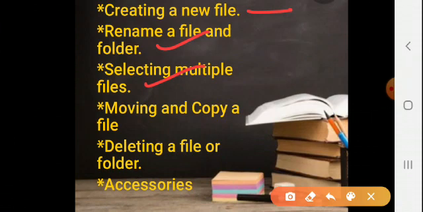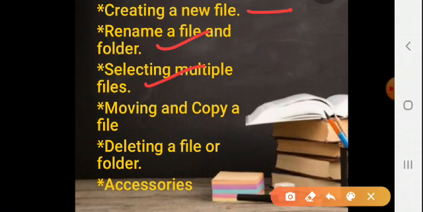For moving we have to click the paste option, as well as for copying also we have to click the paste option. What is the only difference? The only difference is in our second step. In moving we have to select the cut option, and in copying we have to select copy. Okay, that's all, the moving and copying. Don't get confused, it is the simplest way of copying and moving.